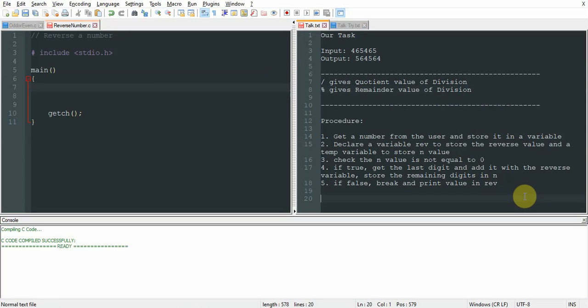This is the procedure we have to follow for this. Let's get into the programming.